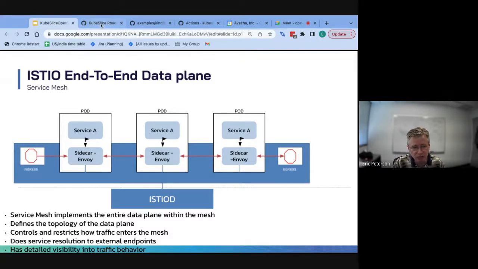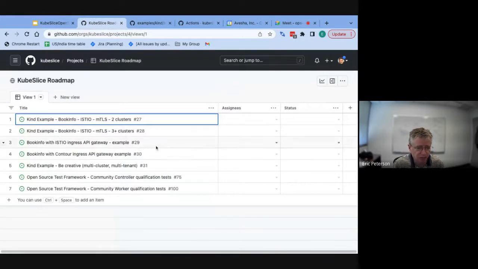So having an example that shows that would be cool. And Contour is a popular ingress gateway, so making up an example that shows Contour would be another good one. And in the end, we're looking for people to feel creative too. There are a number of open source applications out there. You may have one that you like, and it might be interesting to see how it deploys across multiple clusters, how it may run that way.